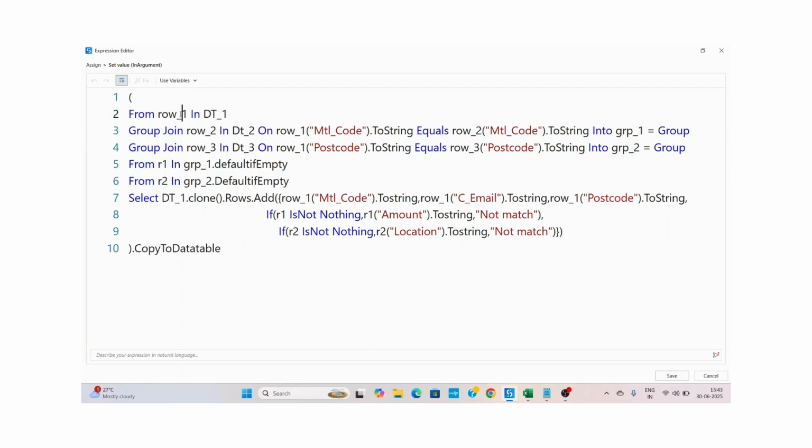Again, take the second record from dt2 and check all records from dt1 and all records from dt3, create two groups, iterate those groups; if matchable, write the amount and location, otherwise write "not match". So likewise it is going to iterate all the records from dt1. So the left table is fixed and we iterate the matching records from the right table. That is the meaning of